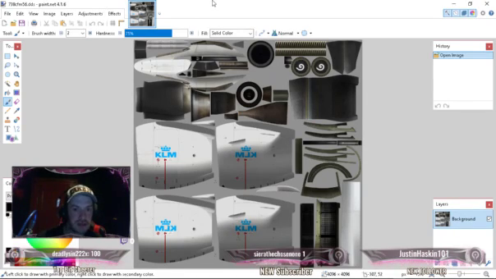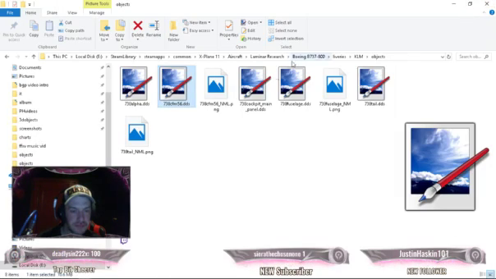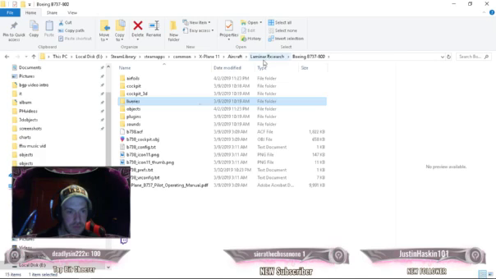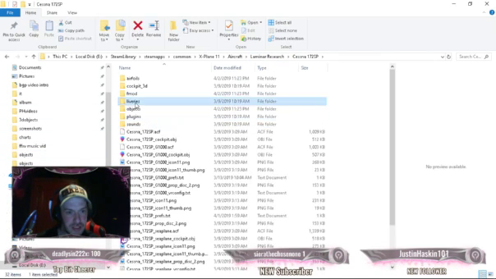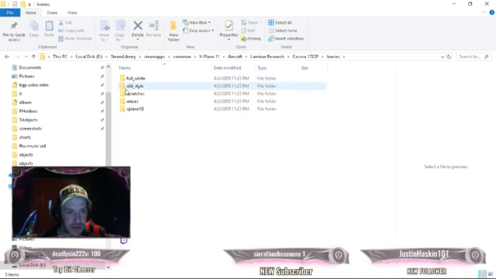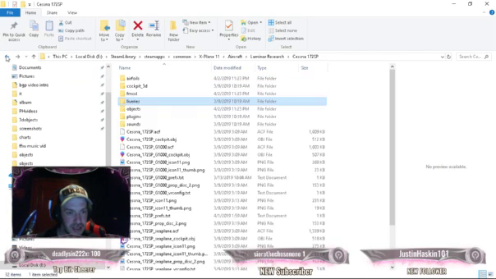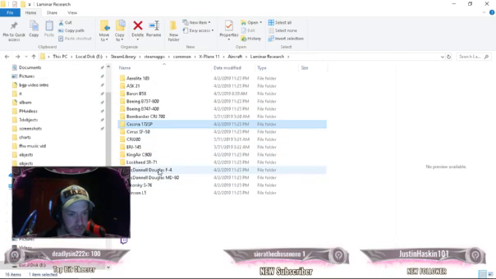So let's have a look at the Cessna. Are there any liveries in this one? Yes, we've got full weight, wave, scratch. We've got X-Plane 10. All right, let's stick with the